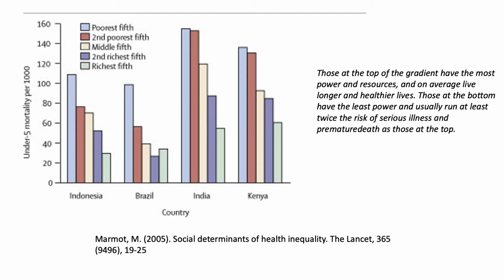But thirdly, and here we really see what is meant by gradient, the higher the socioeconomic level of the household, the lower the mortality rate. So we get a kind of inverse scale here across all countries. The higher you are in terms of your SES status, the lower the mortality rate. What is the take-home message here? Well, people at the bottom end of the social gradient, those with the least power and resources, are more likely to experience premature death than those at the top.